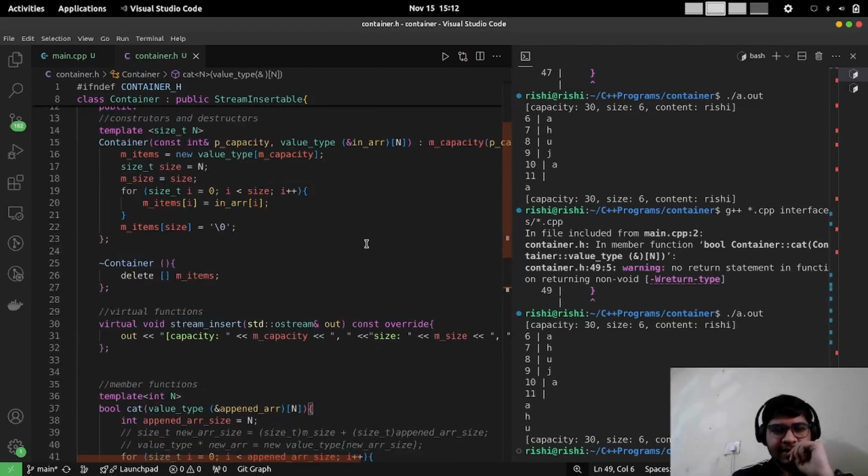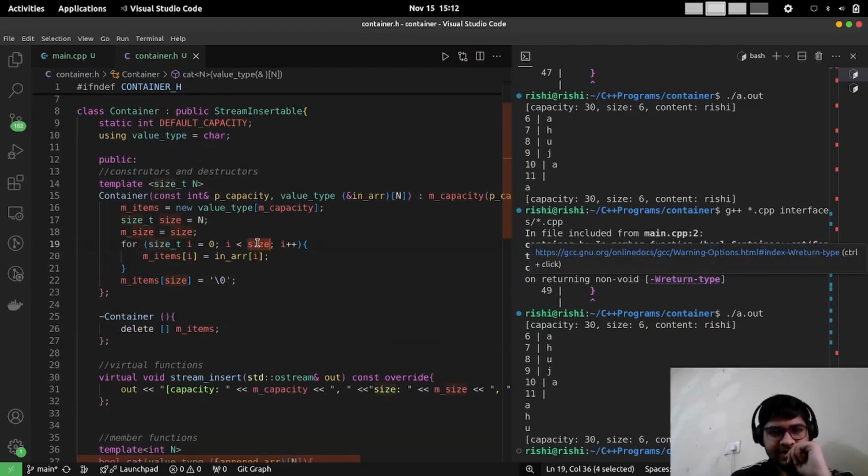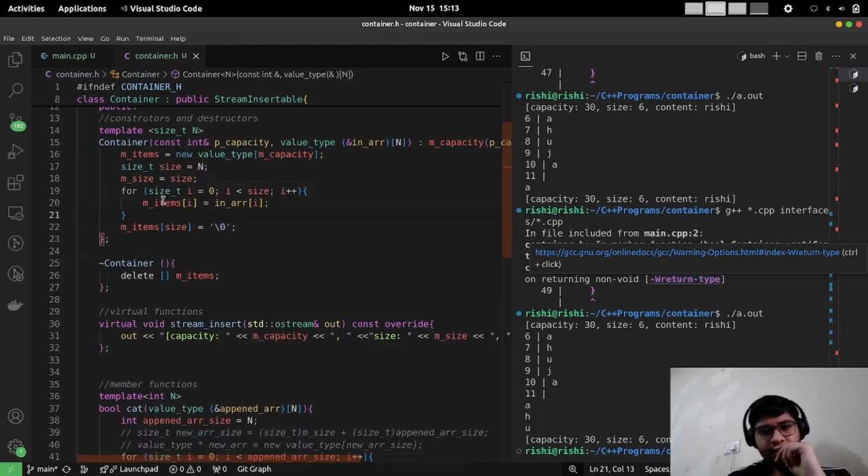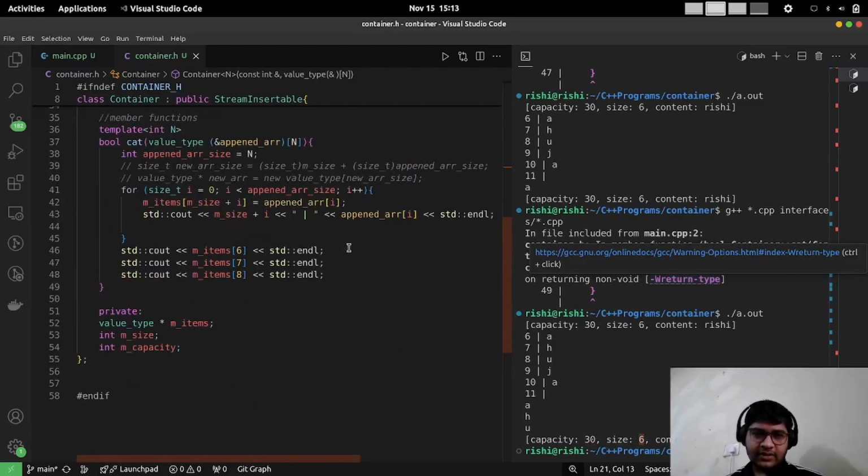Oh, okay. Where is the constructor? So size, we are running that for the size of... so the size, the value, it has a capacity of an item which is 30. Size is still 6 for some reason. I don't know why, but